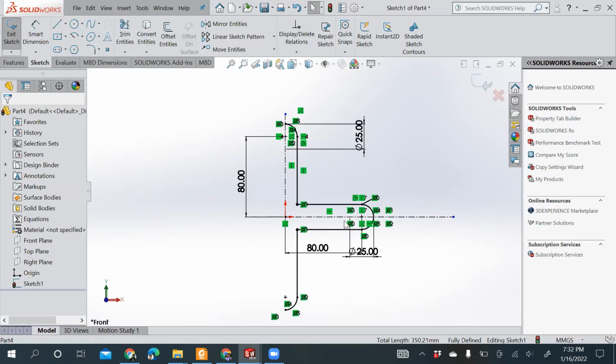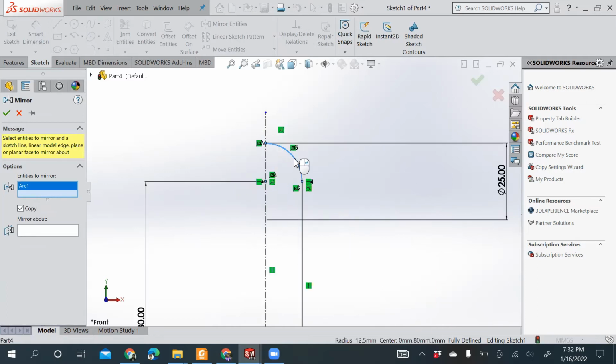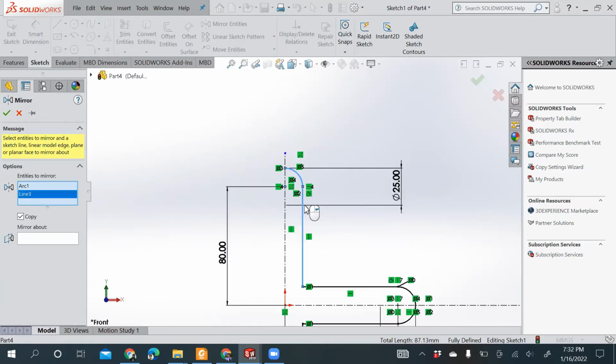Now you can feel what is the use of the center line. This will not come into the sketch also, and it helps in creating this particular mirror feature. Again, I'll be completing this half of the model by creating a mirror entity for this half to get it to a full feature. So again, selecting this mirror entity, selecting the lines which are meant to be mirrored.